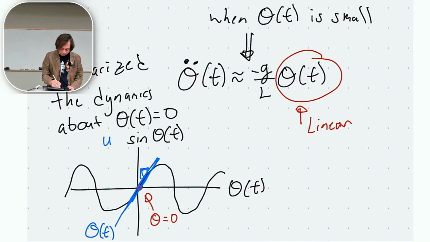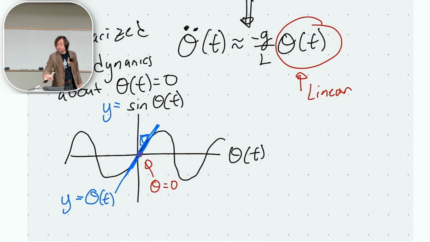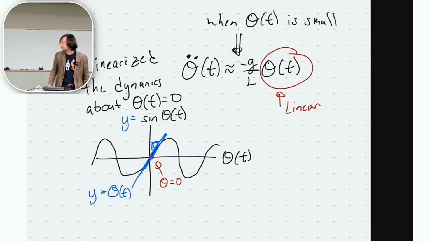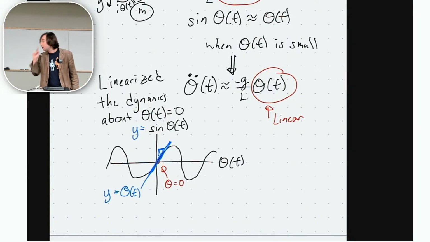So if we said that y is equal to theta of t... I can't see that very well, I apologize. All right, so we have locally linearized